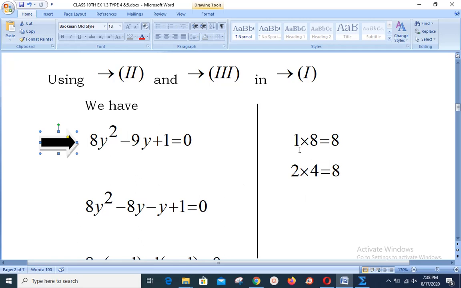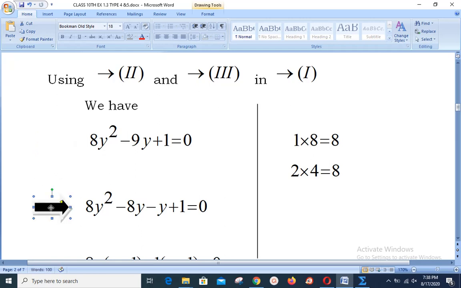That is possible from the first pair, that is from 1 multiplied by 8 is equal to 8. How? You already know that the middle term sign minus means that both the signs of 1 as well as that of 8 will be minus. Minus 1 multiplied by minus 8, you will be having plus 8, whereas minus 1 plus minus 8, you will be having minus 9. Hope it is clear to you. Next,